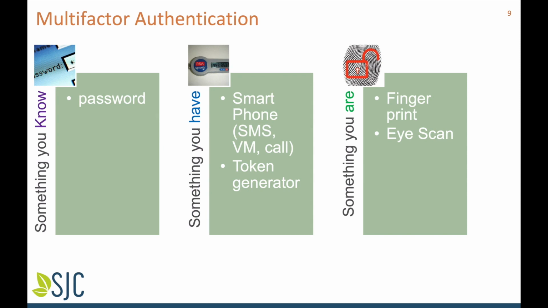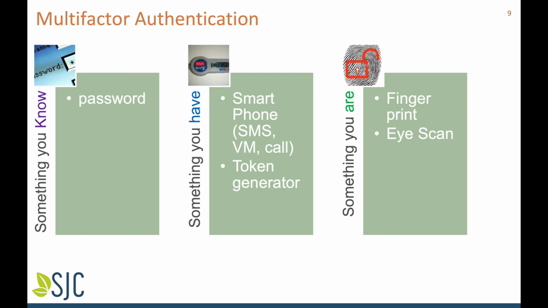So now let's jump into multi-factor authentication. So what is multi-factor authentication? There are three types of authentication mechanism we have. The first mechanism is something you know, and an example of something you know is password. Next pillar is something you have. The something you have can be a hardware-based token, a smartphone, SMS, call, voice message, or a token generator like we have RSA SecurID, or YubiKey, those kind of things. So they will fall into the second category, which is something you have.